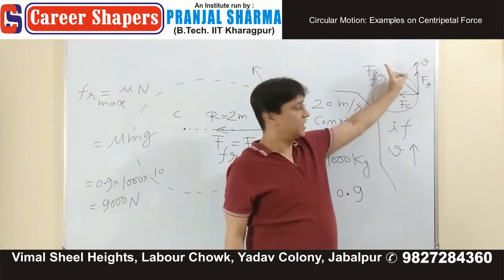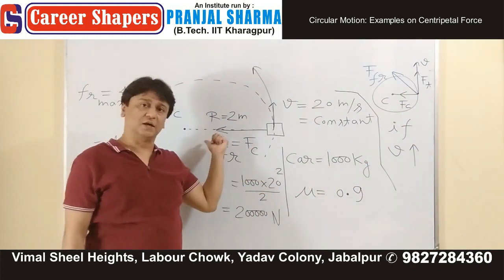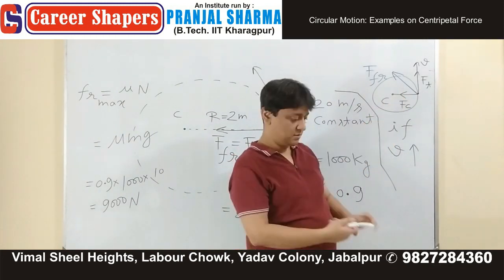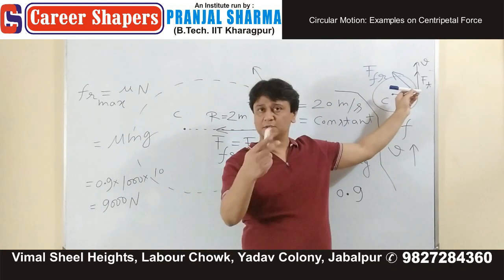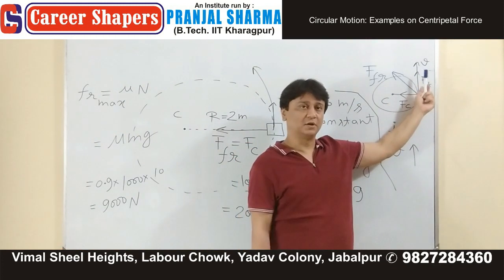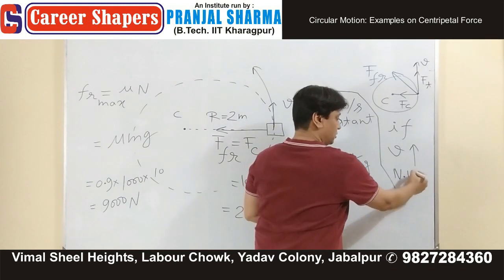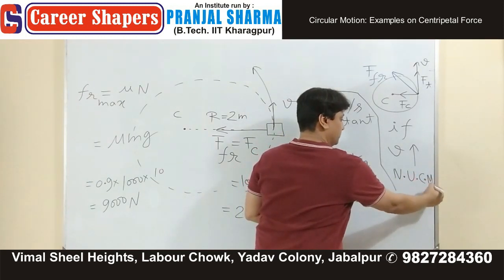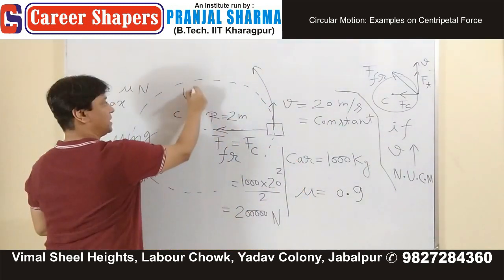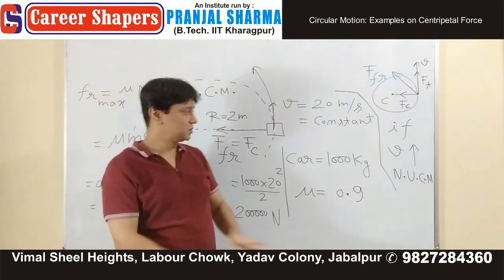अब फ्रिक्शन कहां लगेगा, इस तरफ। जब कार की स्पीड कांस्टेंट थी, तब फोर्स ऑफ फ्रिक्शन इधर था। ये जो फोर्स ऑफ फ्रिक्शन है, इसका एक कंपोनेंट सेंट्रीपिटल प्रोवाइड करेगा, और दूसरा कंपोनेंट टेंजेंशियल। And what about this? Which case is this? This is NUCM, नॉन यूनिफॉर्म सर्कुलर मोशन। और इस क्वेश्चन को हम किस कैटेगरी में हैंडल कर रहे थे? UCM। जस्ट फॉर योर नॉलेज यू कैन राइट दिस पार्ट।